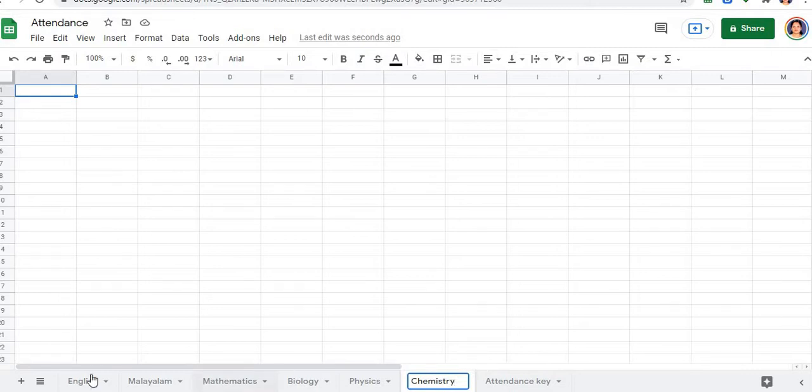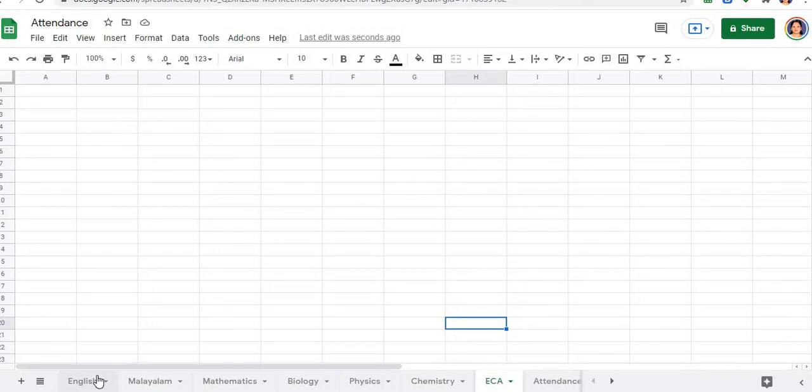We also have extracurricular activities as one of the periods allotted, so we shall make one spreadsheet even for ECA. So this is how I've added all the subjects into my attendance register. Now subject wise I'll be sending this to my concerned subject teacher to make their attendance marked and then resend it to the class teacher.